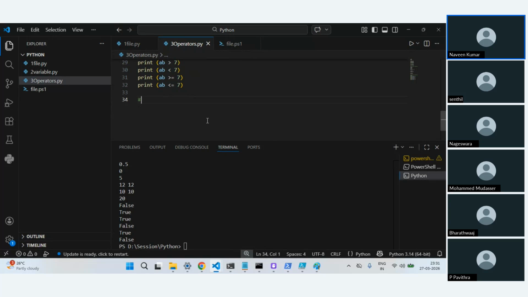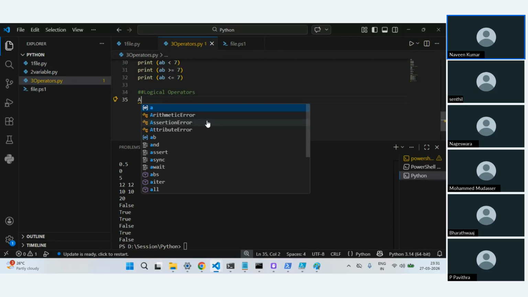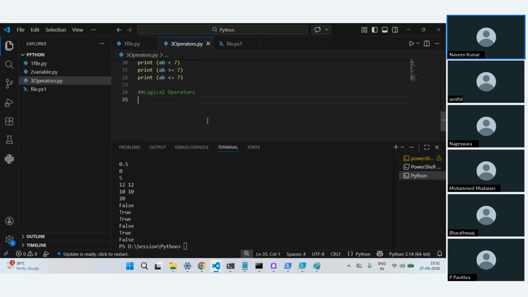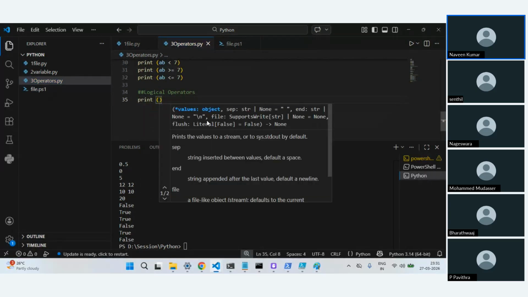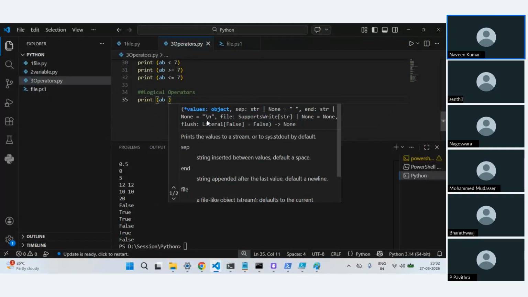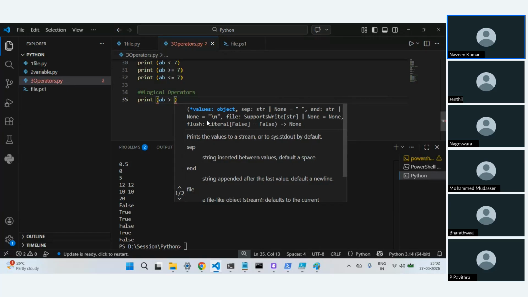And then you have something called logical operators, where logical is nothing but the and and or conditions you will write. You can also do the same thing in Python. I can say AB is greater than 7.